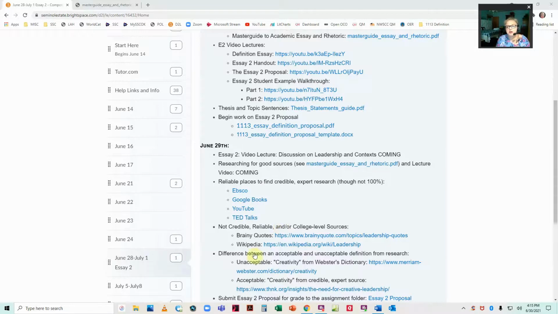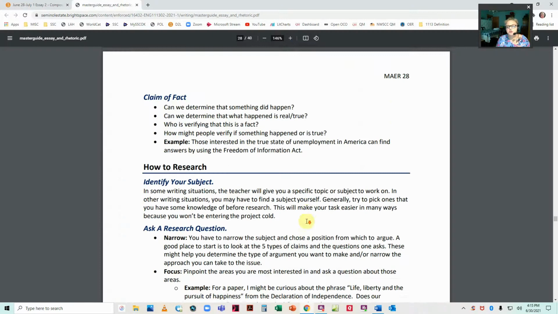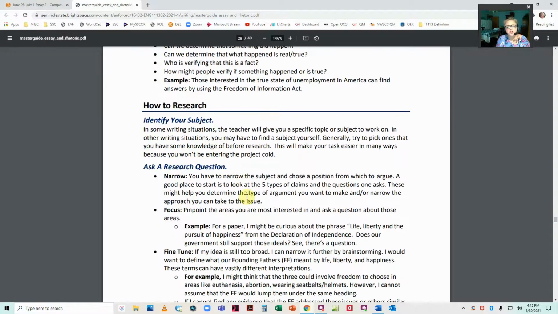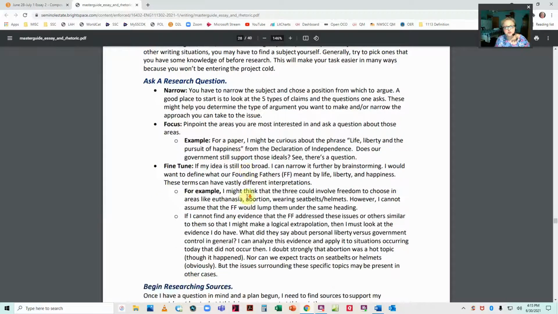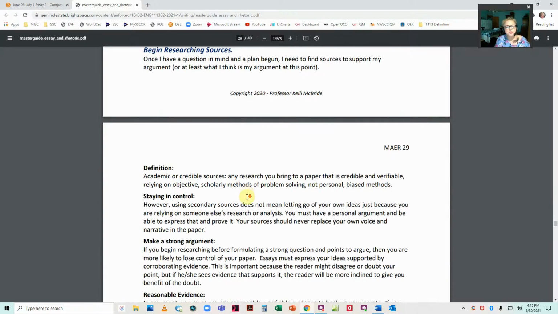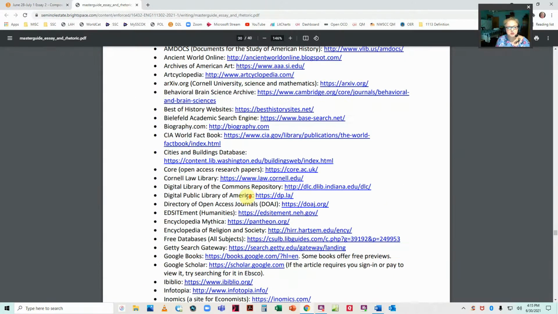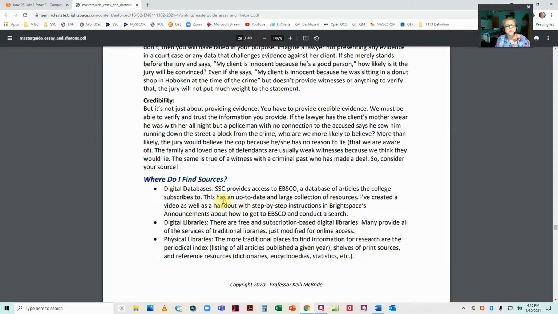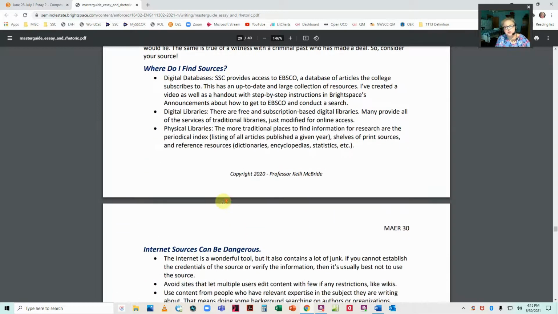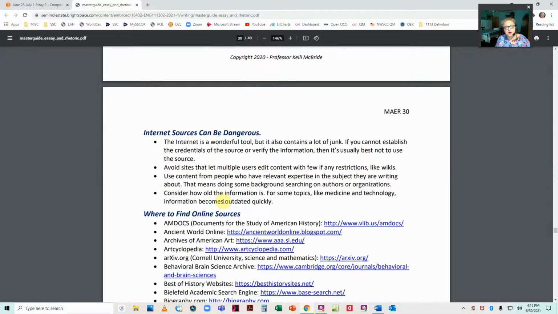So we're going to be working out of the Master Guide to Essay and Rhetoric, and on page 28 that starts how to research. Again, this is a much more detailed step-by-step method for a more formal research paper like you would do in Comp 2. So what I want to do is skip past most of that and point out the place here where I've shown you where to find